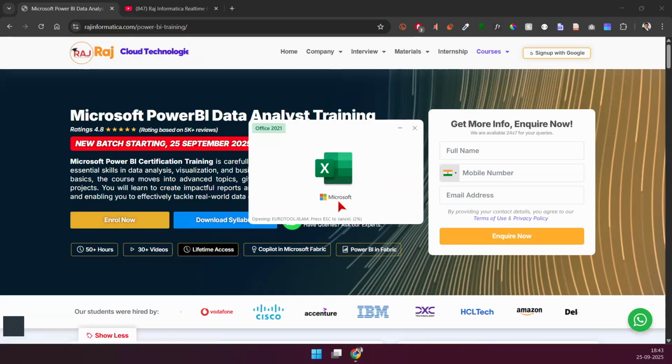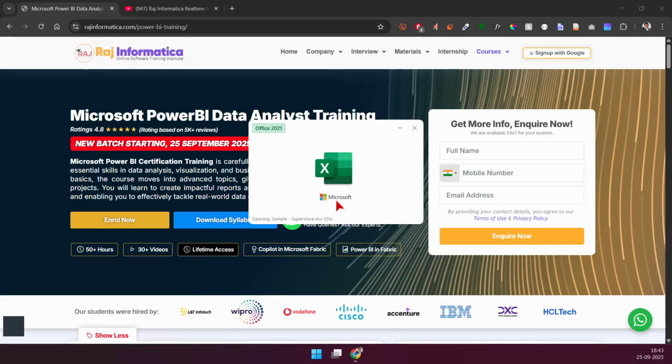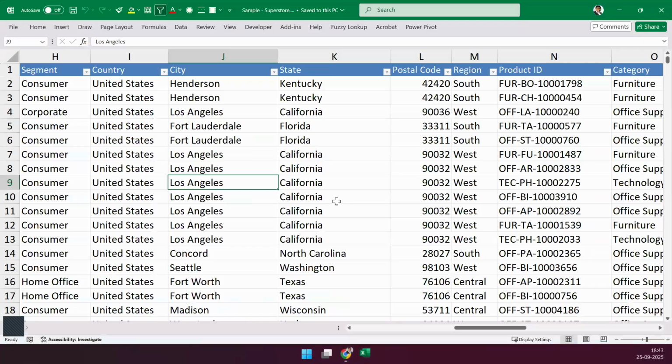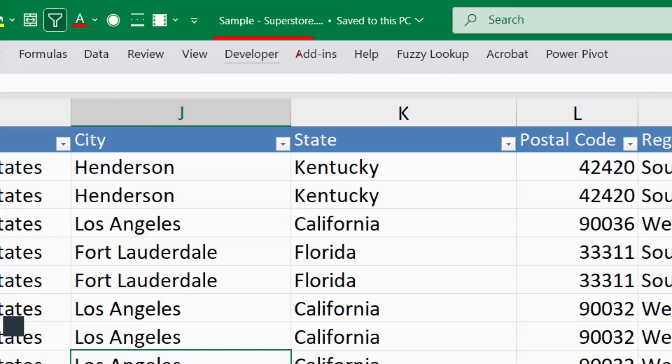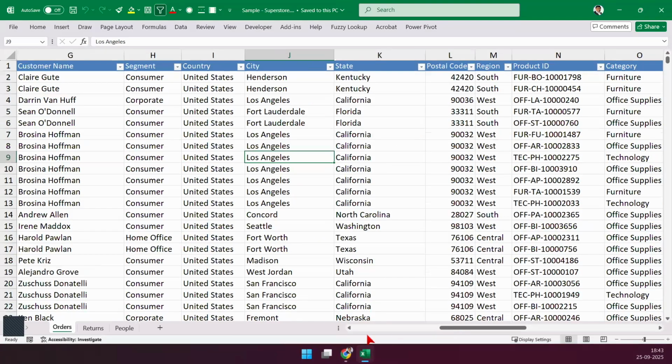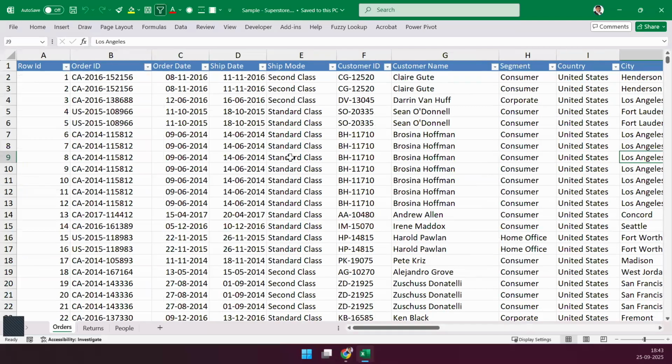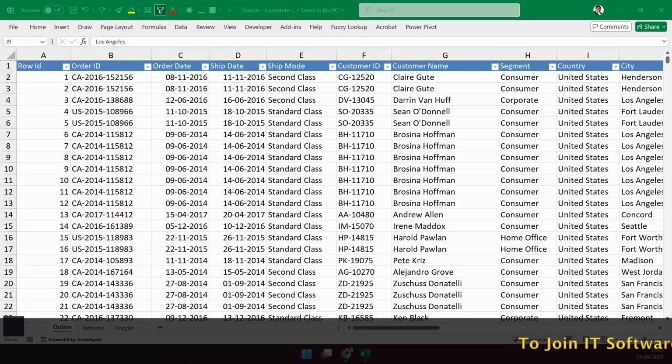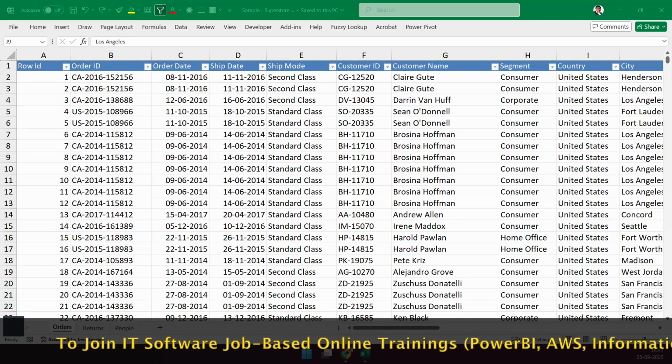I'm going to use a sample data set that I've downloaded from the internet. You can search for it and download it. It's called the sample Superstore data set. I'm going to load it into Power BI and show you how things work. But first of all, let me tell you how we should approach DAX. I'm going to present some slides here, so don't mind that. We'll go through them and understand what DAX is first, and then we'll get into the details.